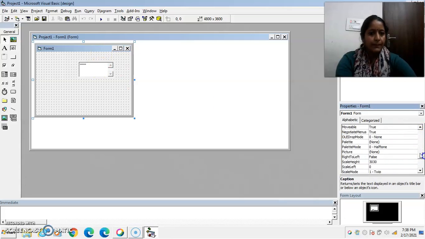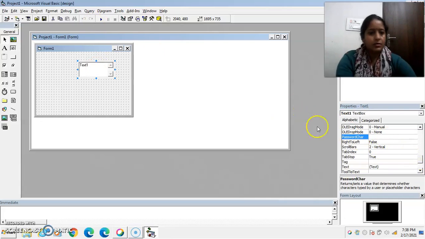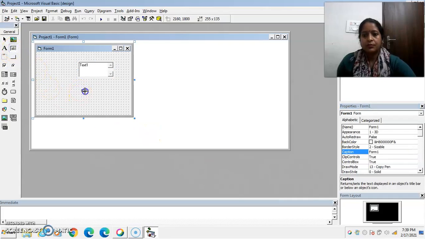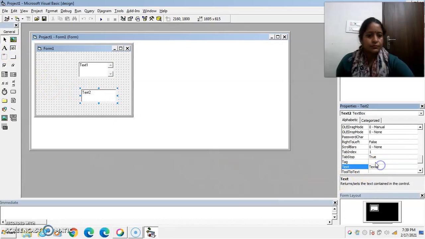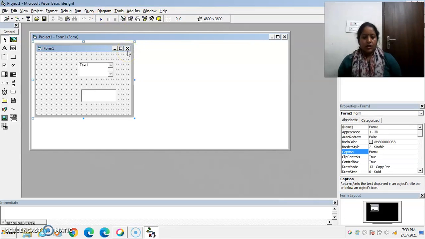PasswordChar, PasswordChar. Okay, text property. If we want our text box to be visible to the user as an empty box, then set its text property to empty, as you see on the screen. Okay, now